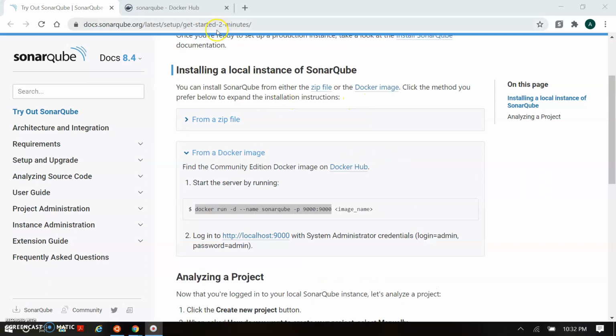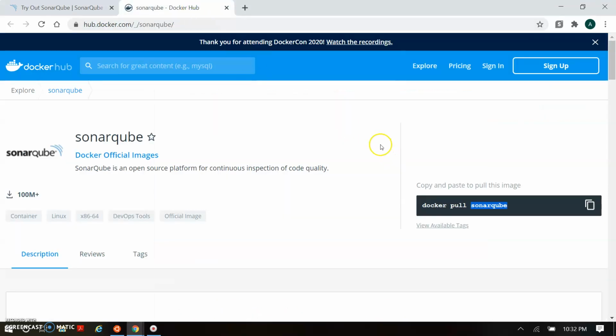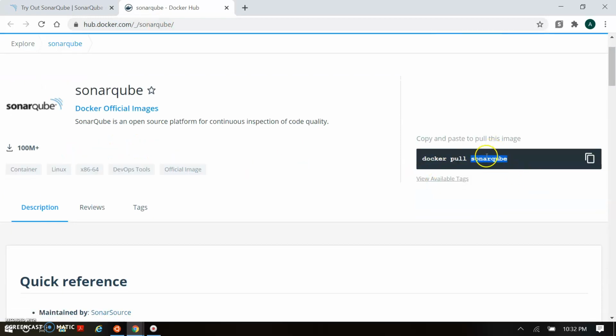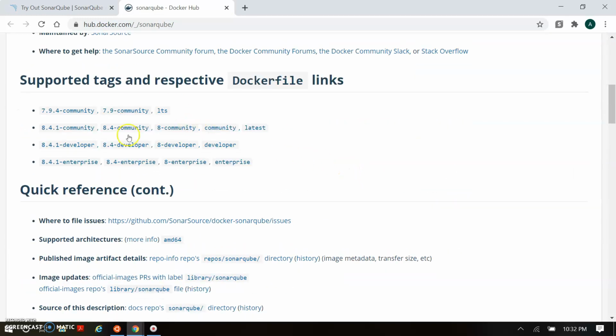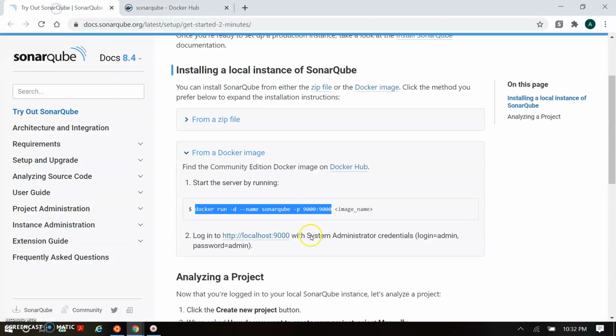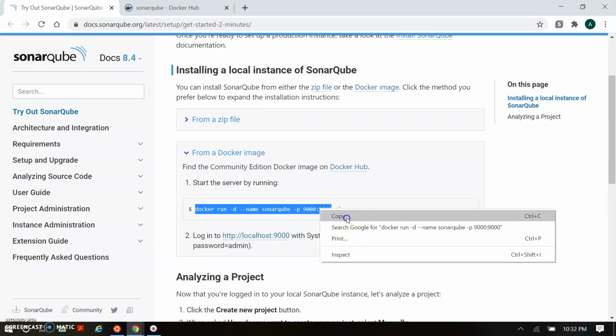So let's see the Docker hub where we can find our image. So here you can see the Docker hub. You can find the official SonarQube image. Here you can select your SonarQube image with the different versions available. That's three levels: community, developer, and enterprise. We will take the community edition and we'll take the tags listed here. If you want to choose a specific tag, you can take it here, or if you want to take the latest one, you can simply give the LTS, that's the latest tag. So here we will copy this command and let's go to our console.